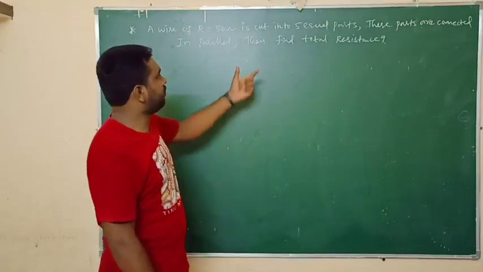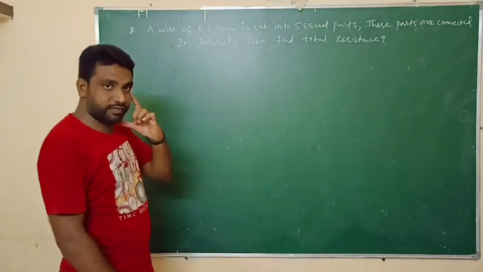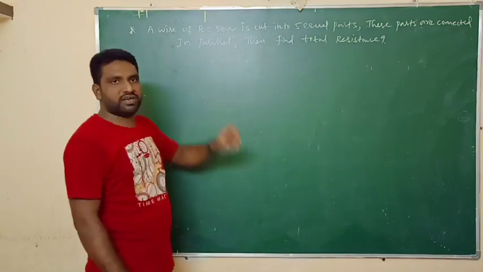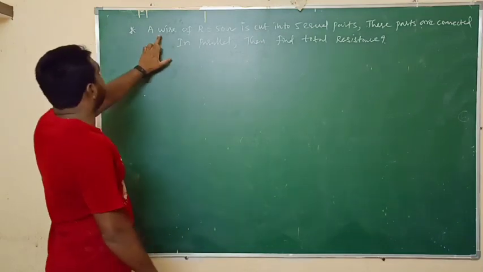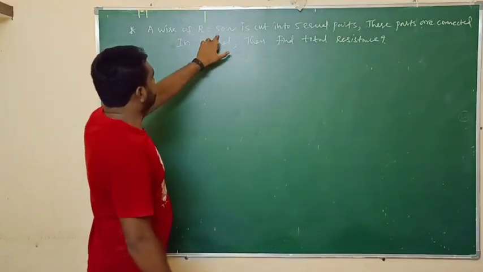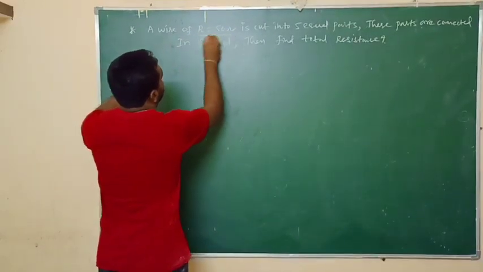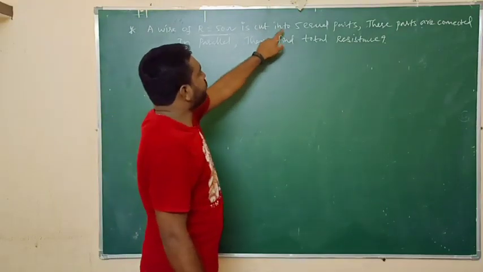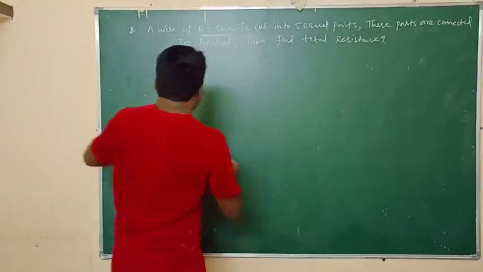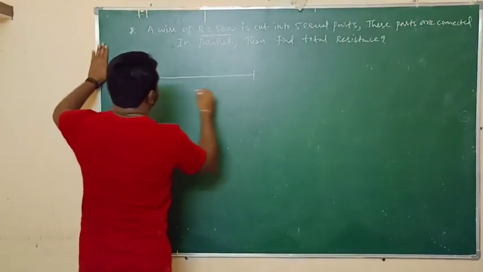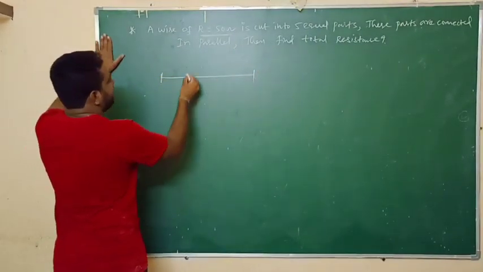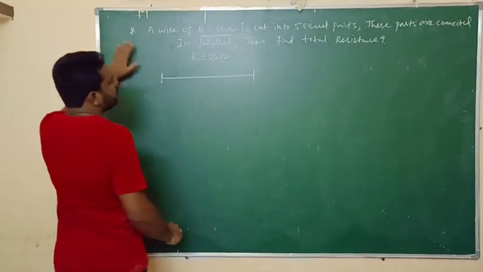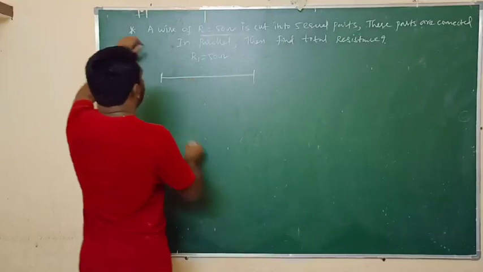Okay friends, now we have one more different question related to the resistance of a wire. Here, first of all, we need to try to understand the question. The question is: a wire of resistance 50 ohms. So the initial resistance of the wire is 50 ohms. It is cut into 5 equal parts. For example, we consider this is a wire. We don't know its exact length. First, its initial resistance is R1 equal to 50 ohms. So then what is it saying here? It is cut into 5 equal parts.